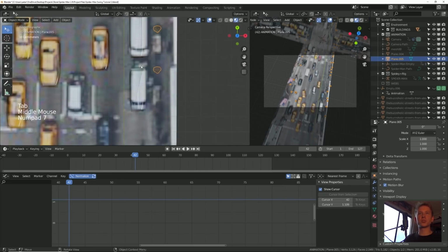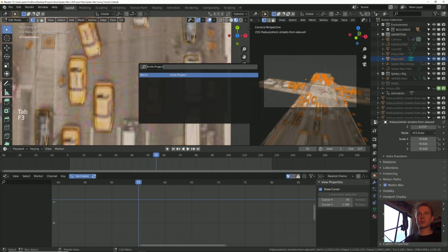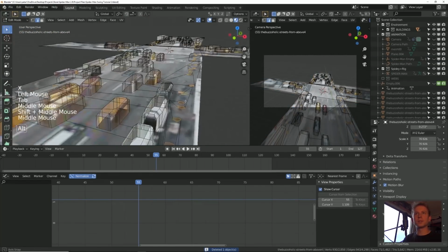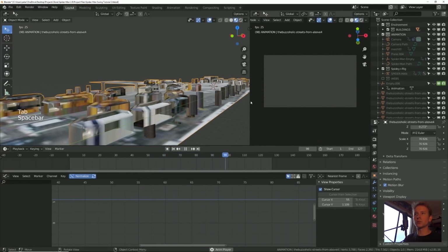We can use the knife project tool by selecting this and then our texture, go into edit mode and press F3, search for knife project. Boom. Alright, now we can go ahead and delete our stencil. And let's go ahead and extrude our people up a little bit. Cool. So now if you watch it through here,